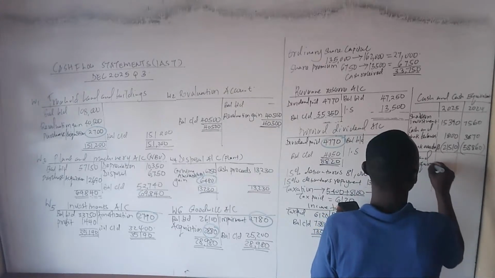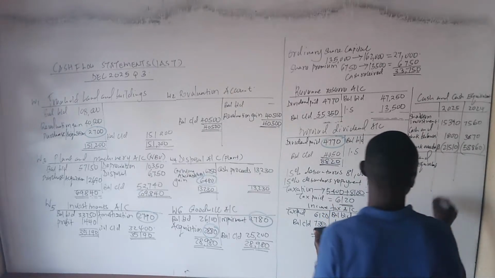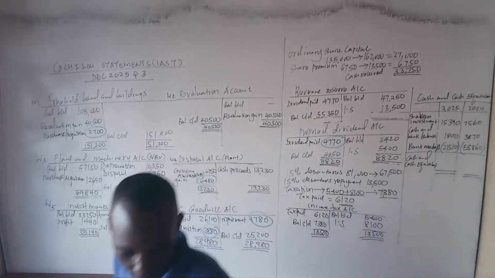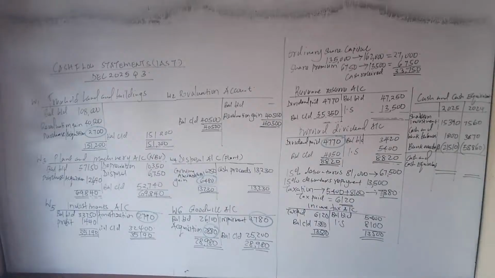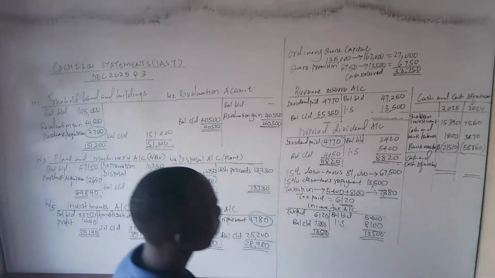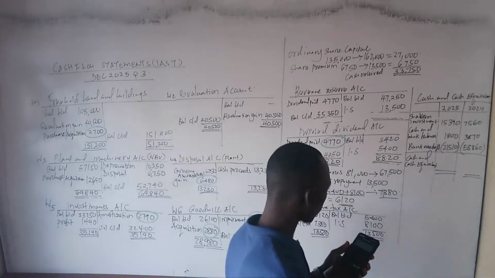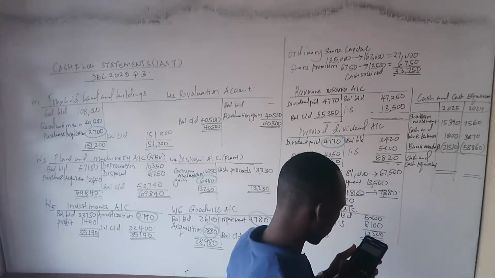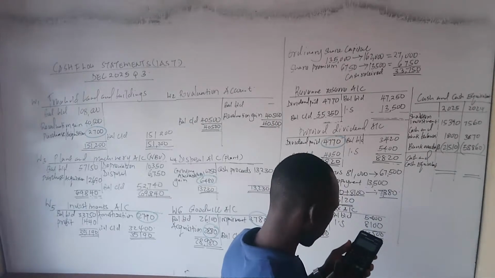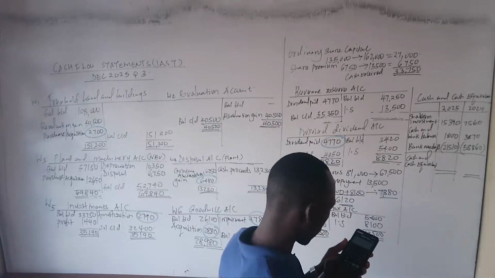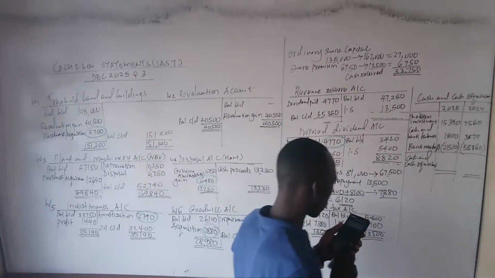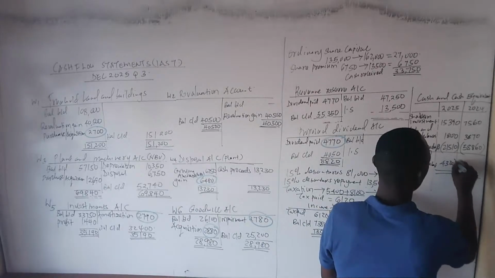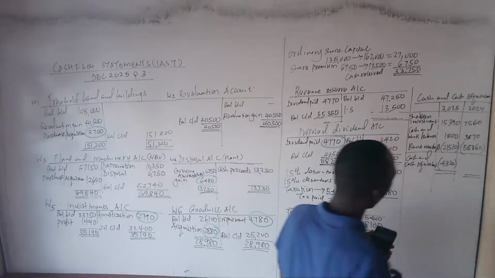Then from there, let us get now our cash and cash equivalent. So we are going to get our cash and cash equivalent of how much? It is about adding and seeing how much we are going to get. So for example, the first one we have is 15,390, then plus 1,800 minus 21,510. Therefore, we are going to get negative 43.20, meaning it has remained to be an overdraft.